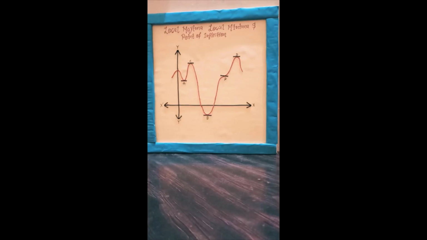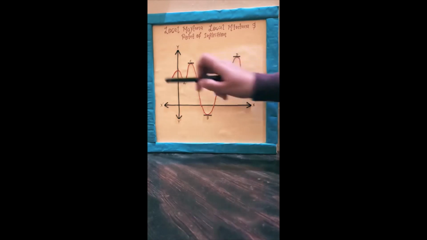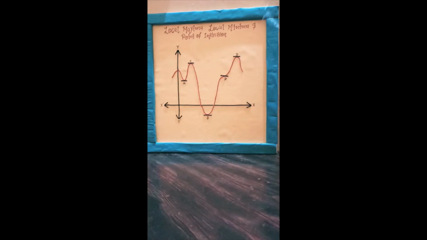Hello, myself Monica Tiwari from class 12th A. I am here to introduce you to my project, that is to understand the concept of local minima, local maxima and the point of inflection. For this I had taken a cardboard and pasted a yellow paper on it as you see here, and I had also used two black threads. This is to represent the x and y axis. This is the x axis and this is the y axis. I had also used a red thread to represent the curve. This is the red thread which represents the curve.